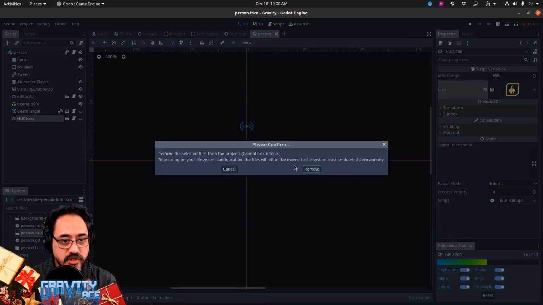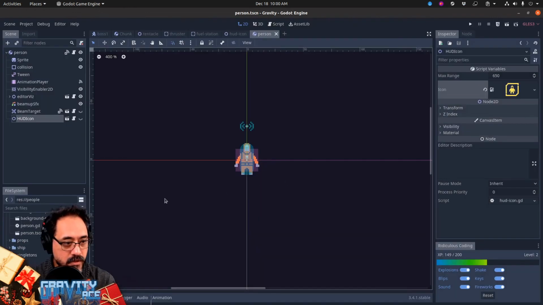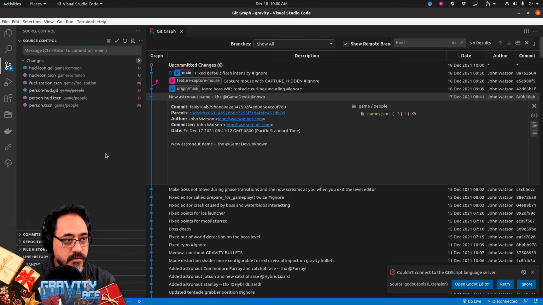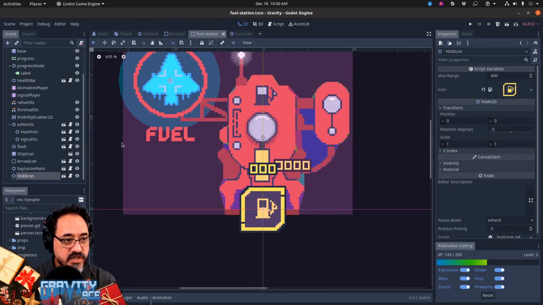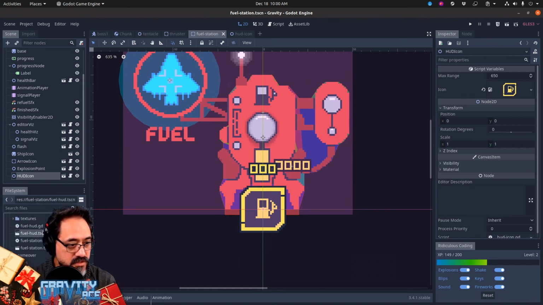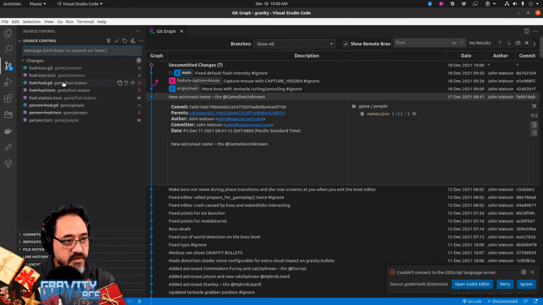Once I delete it, I'll see it show up here. So I can remove it. I can remove this one. Right? I see them here. So if I ever need them back, I can just revert these and get them back. That's the nice thing about using Git. And then the fuel station, I can do the same thing. Here, I can delete this, right? No warnings. And that. Right, save that. So now I've replaced this and this and this and this with this common functionality, which I can now use again